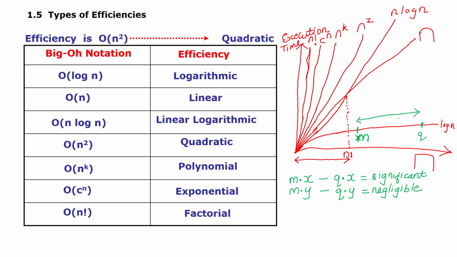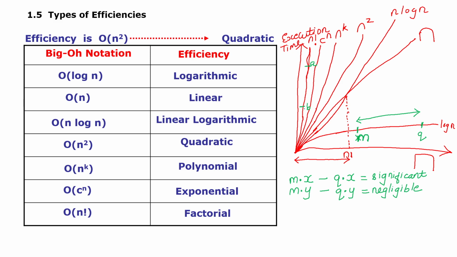Now if you still didn't understand, let's take this n factorial graph. Look at this point, okay, look at my point. Now let me plot 2 points over here. Let's say A and B. Come on, now very simple. Tell me the difference between the x coordinate of A and x coordinate of B. I repeat, the difference between x coordinate of A and x coordinate of B. The difference is significant or negligible? Negligible. But the difference between y coordinate of A and y coordinate of B is significant.